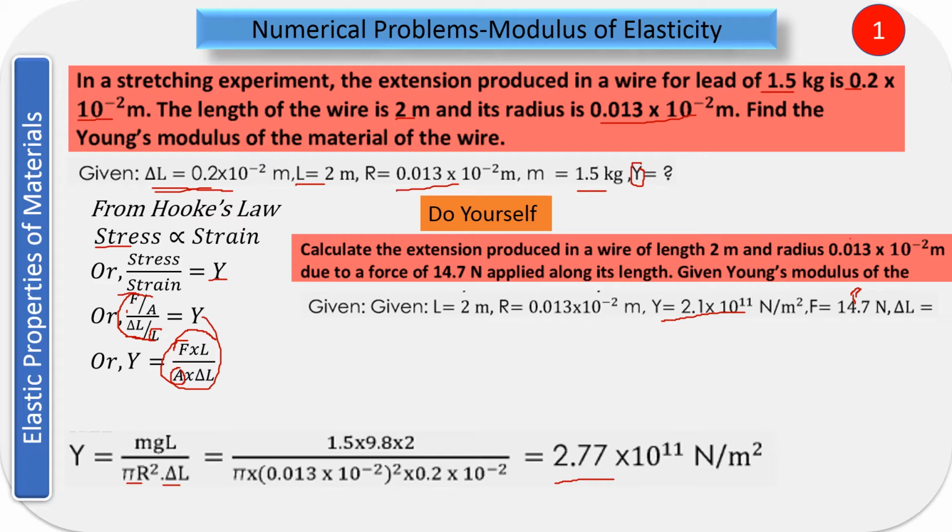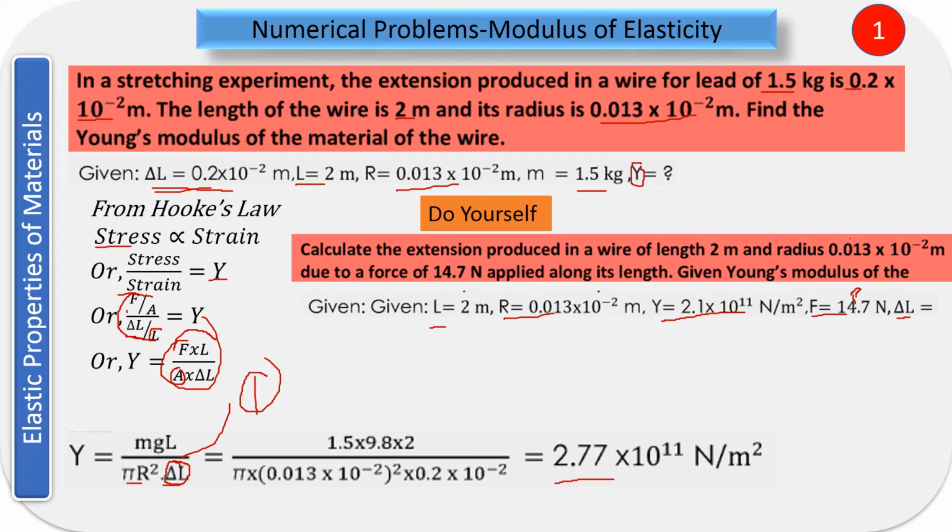So everything has been given. L has been given, this is your length of the wire. The radius is given, Young's modulus is given, and F equal to m into g, so directly F itself is given. So you have to find out the change in length delta L. Let us suppose this equation is your equation number 1. So you can use your equation number 1, rearrange everything, substitute all those values, and find out the value of this delta L, and this is what you have been asked.